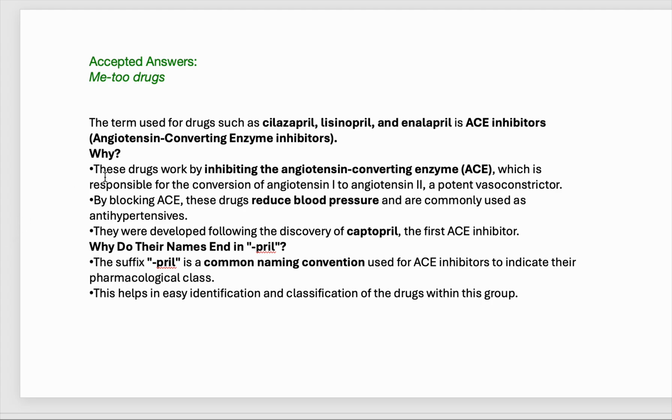So these drugs work by inhibiting angiotensin converting enzyme, which is responsible for conversion of angiotensin 1 to 2, a very potent vasoconstrictor. By blocking ACE enzyme, these drugs reduce blood pressure and are commonly used as antihypertensives. They were developed following the discovery of